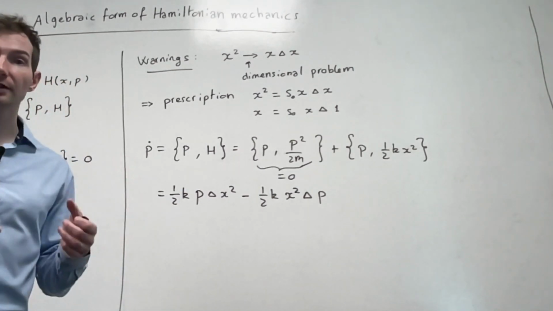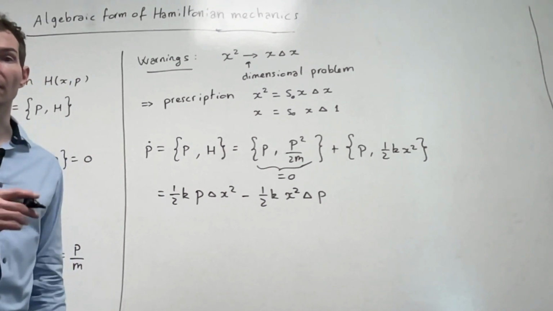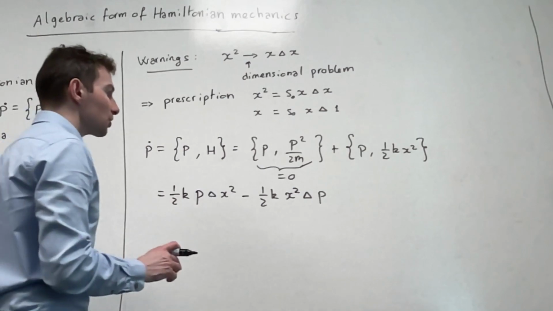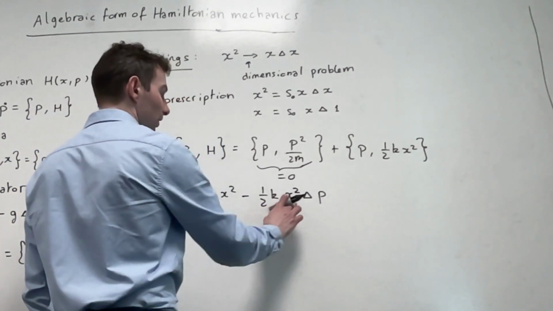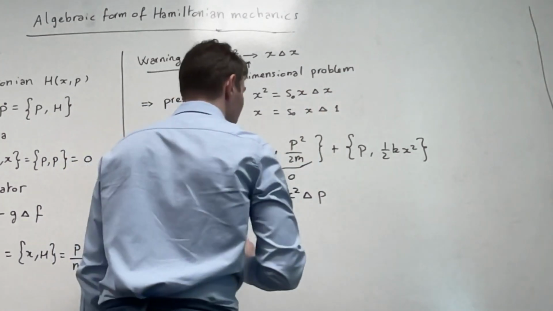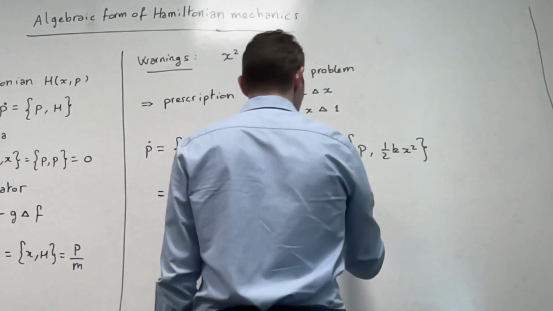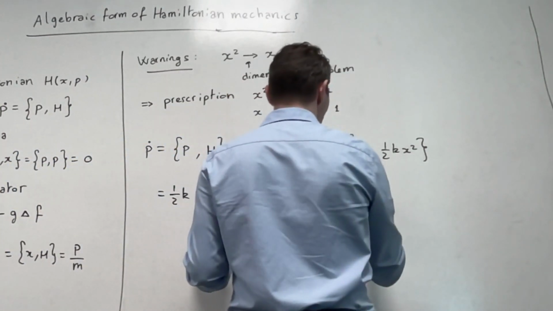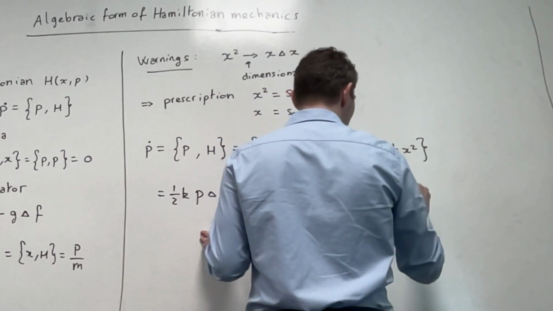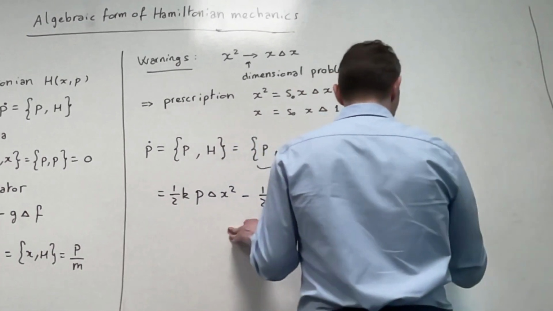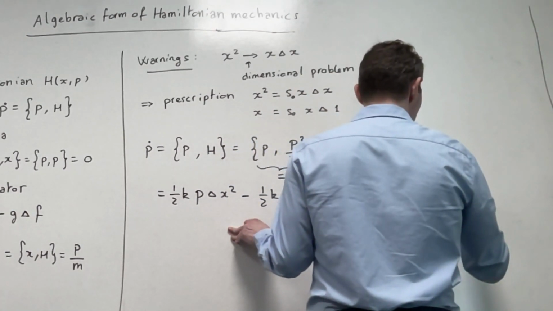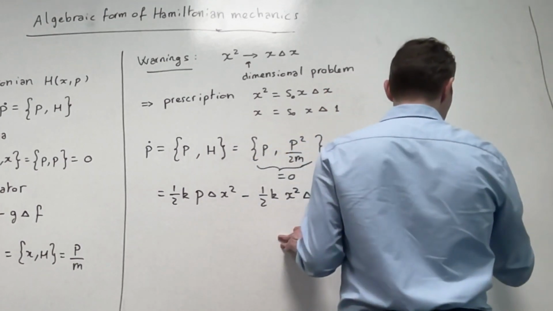This is not a delta, to mention that this is a variation in p, so just be careful notation-wise. And so now what I'm going to do is write that x squared is equal to S0 x triangle x. So that's going to be equal to half k p triangle x squared, and then minus half k S0 x